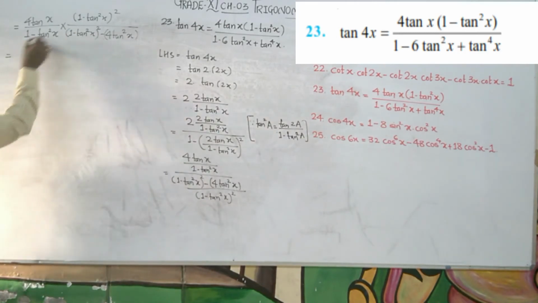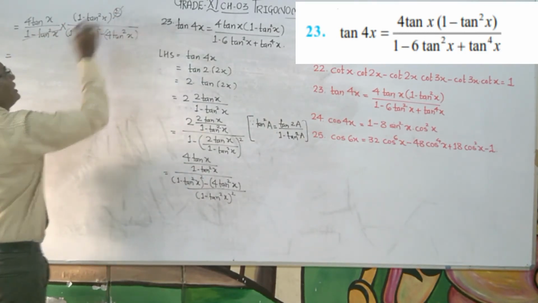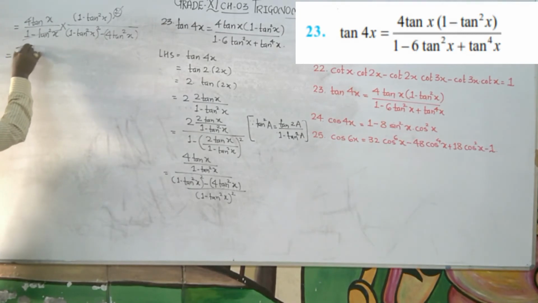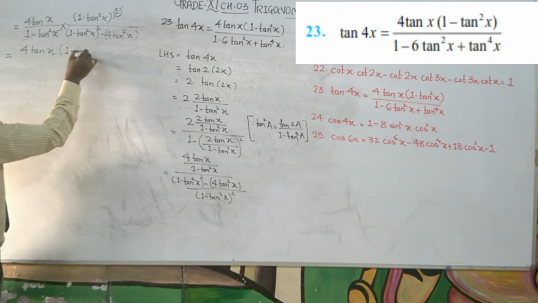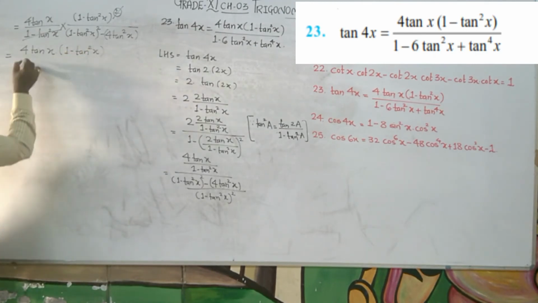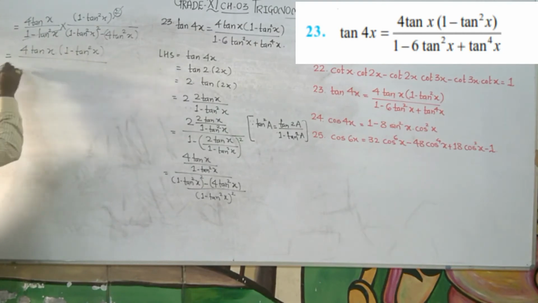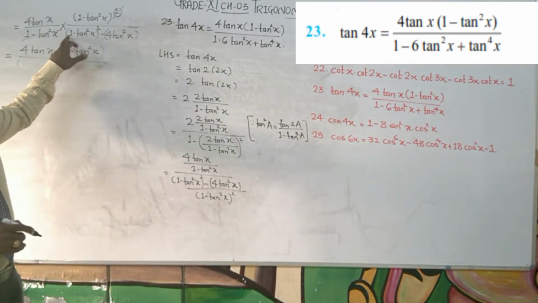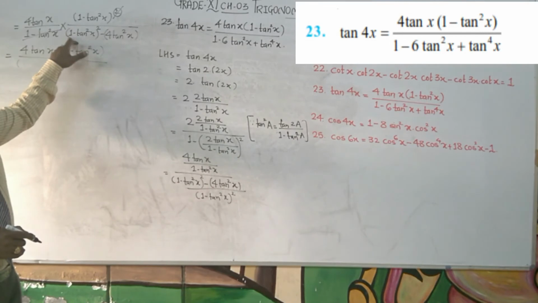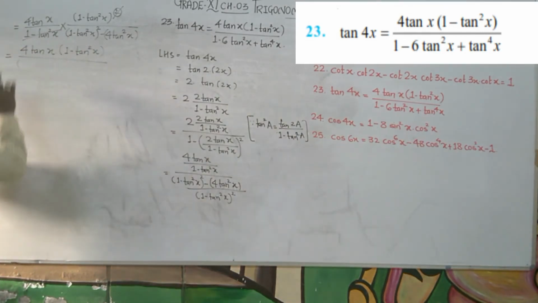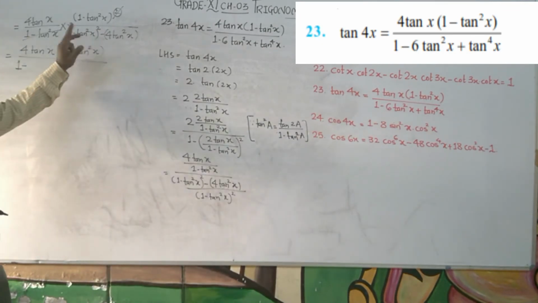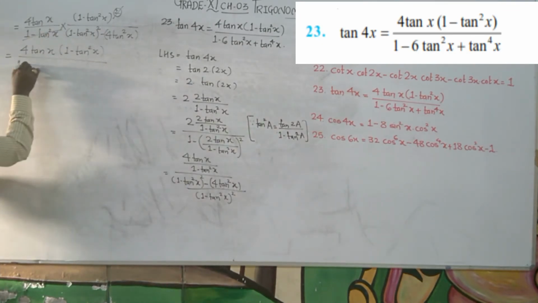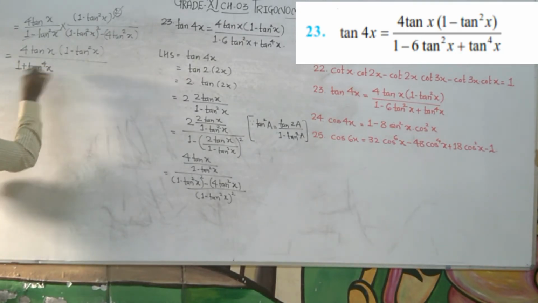Now what we can do is, this and this square can get cancelled, so what is remaining here? It will be 4 tan x into 1 minus tan square x upon this one. Okay, now since it is a bracket square, we can use the a minus b whole square formula. So 1 square is 1, so tan raised to 2 x raised to 2 will become plus tan raised to 4x.